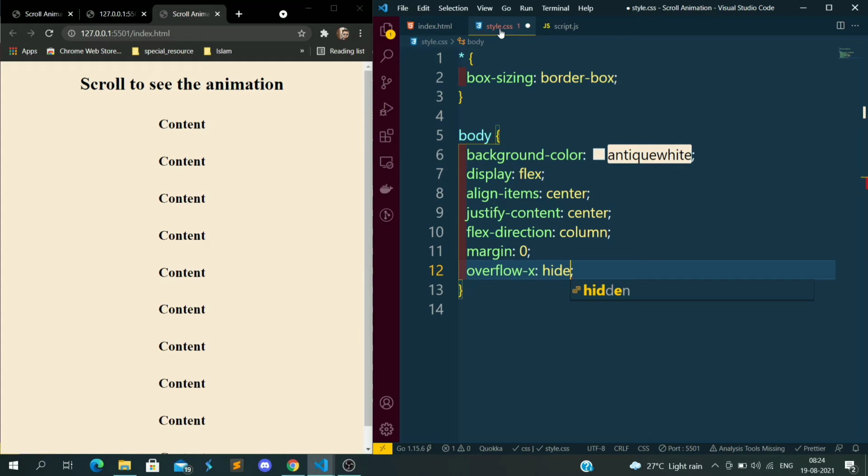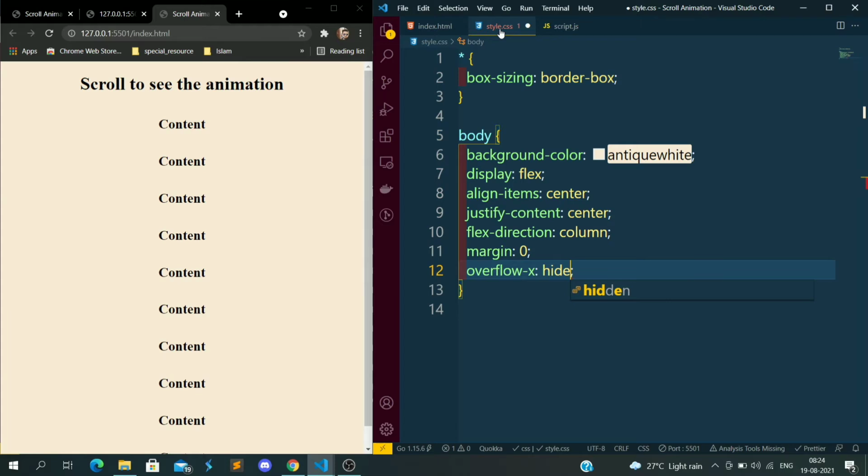Now let's apply the CSS for the h1. Let's give the margin 10 pixels. Let's apply the CSS over the content div, which contains the cards.